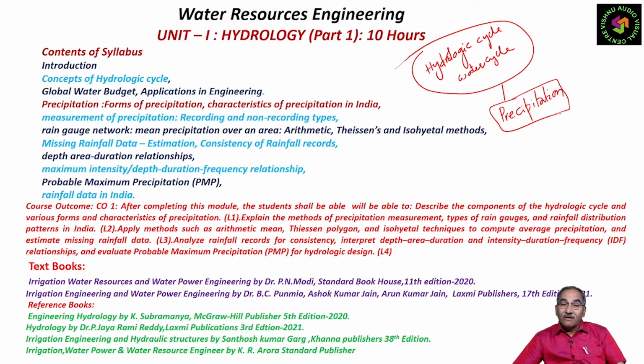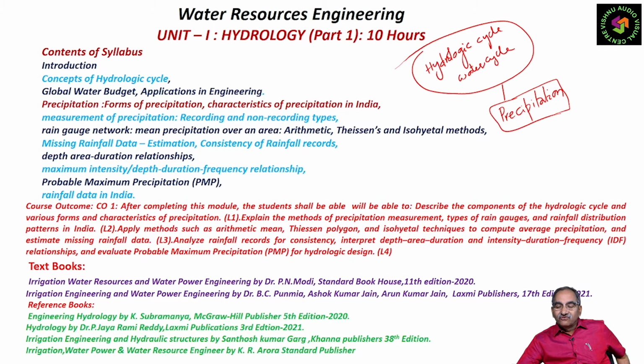And how to develop different curves such as depth area duration, intensity duration frequency curves, or probable maximum precipitation from this precipitation. So, the entire unit revolves around the hydrologic cycle and its important component, that is precipitation. So, at the end of the complete unit,